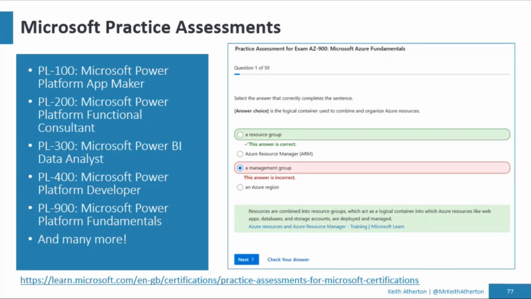So it's almost kind of like a free short practice test before you take the final thing. Along similar lines is practice assessments. Power Platform has plenty available now, and they keep adding to these. This is where you take it throughout the UI. You submit your answer, it tells you if you're correct or not. And again, there's a link where you can go and learn more if you need to.